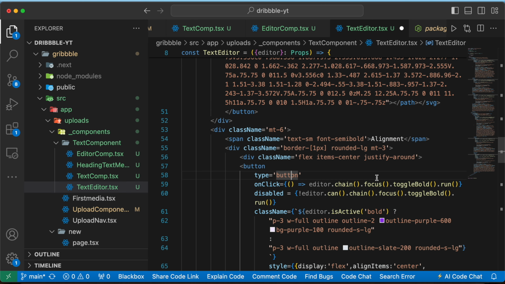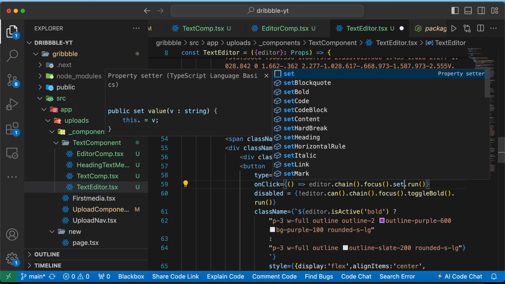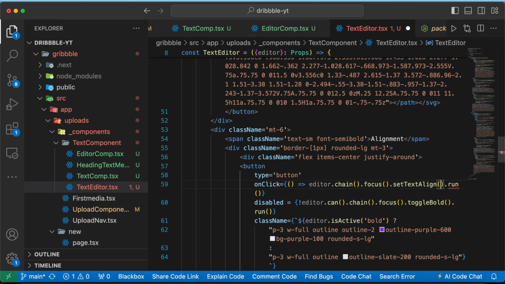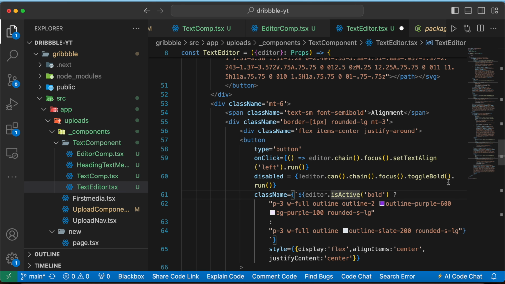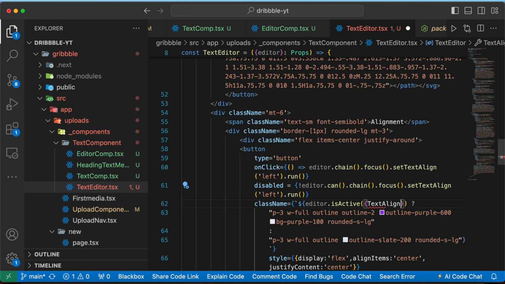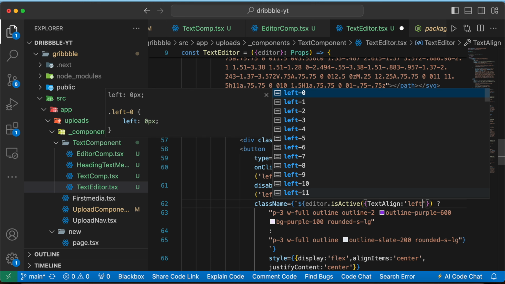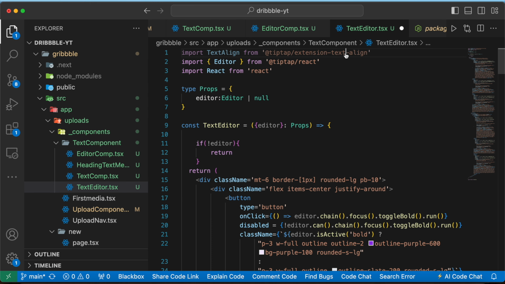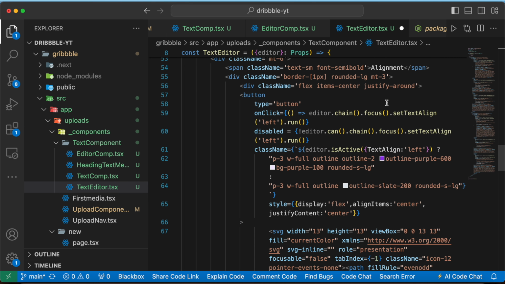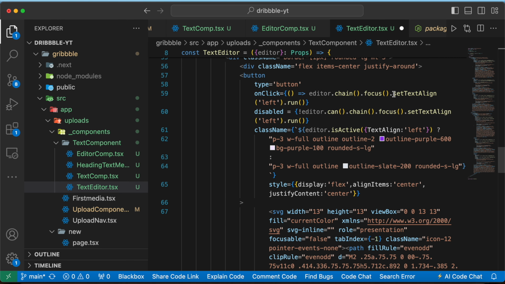Okay, so first will be set align, text align, and inside that we can write left, and here as well we can copy this and paste here, and here we can write if the text align is left or not. What we have imported, I don't know. Let's remove this. Okay, similarly we can copy all this,